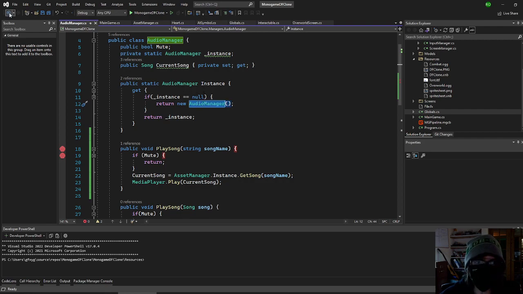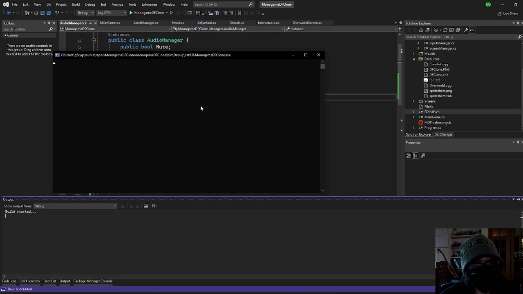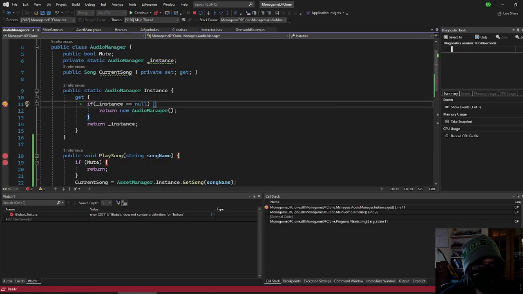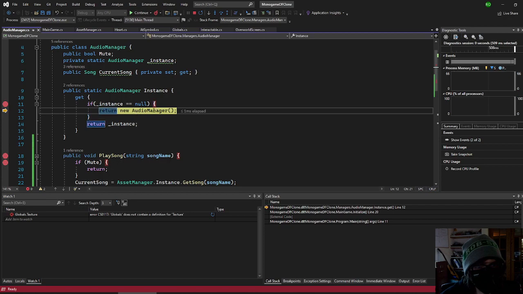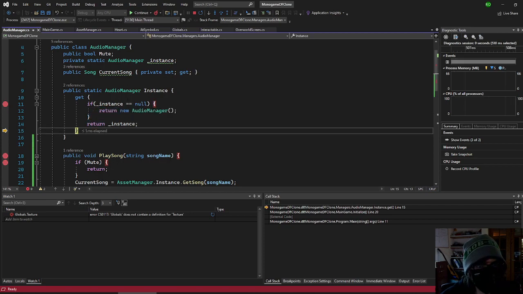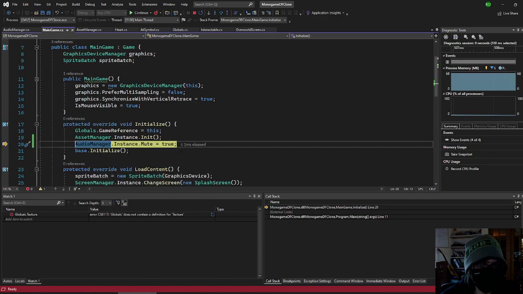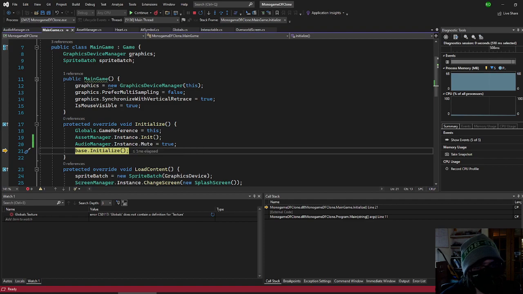Okay, maybe it's because I need to call instance first. Okay, so we have instance null. It's going to create a new audio manager. And maybe it's because of this one by default. So now that it's called mute, but so mute is set to